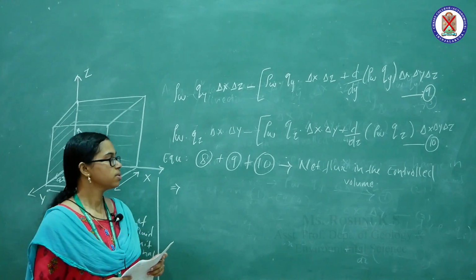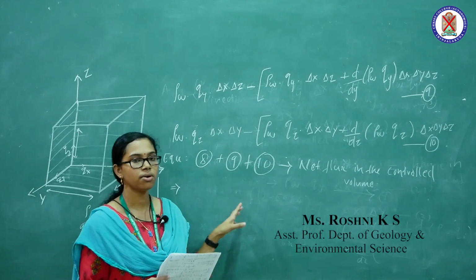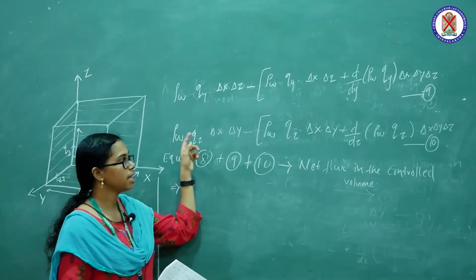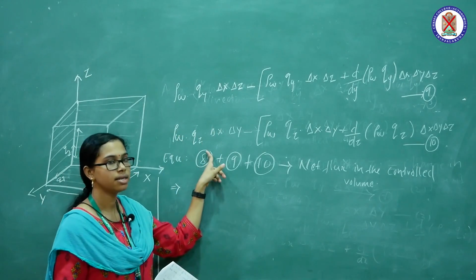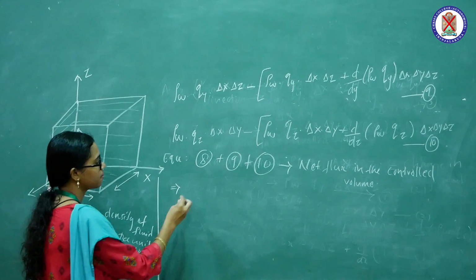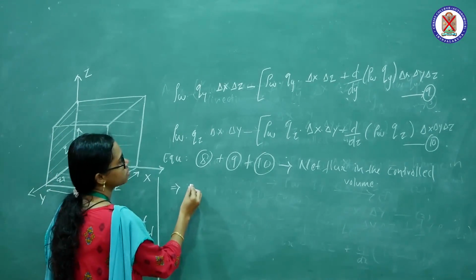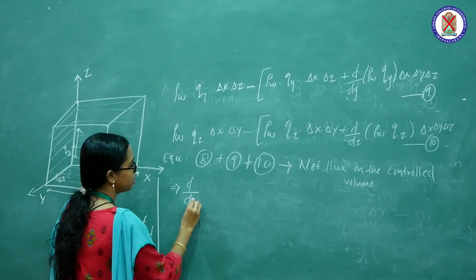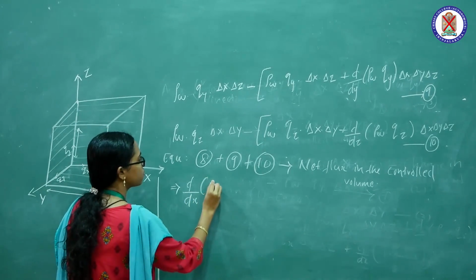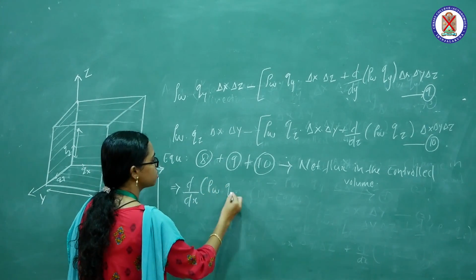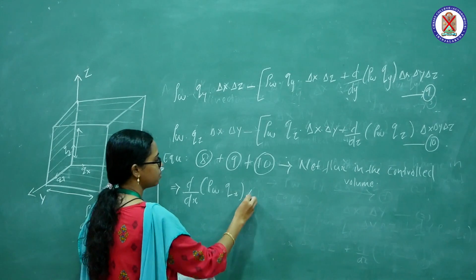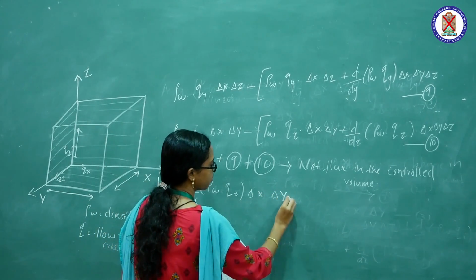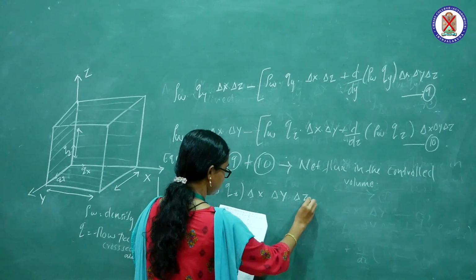Before we go into the net flux into the controlled volume equation, we can simplify equation number 8 as well as 9 and 10. The simplified equation is d by dx of rho w into qx into delta x into delta y into delta z,